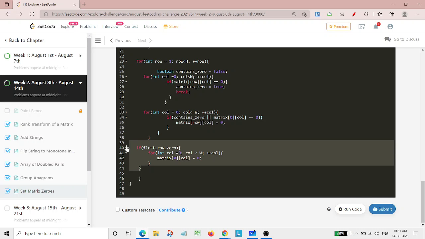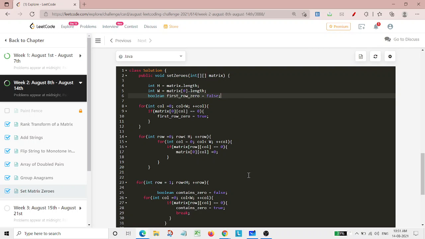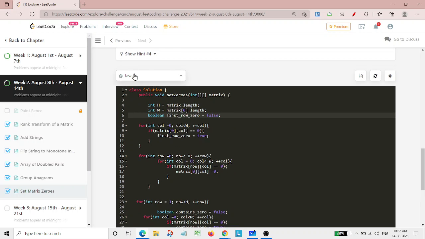If it was true, then we traverse our first row, going from column 0 until the width of the matrix, and we mark those cells as 0. So this is what we do in our coding part, so that we could make our rows and columns 0.